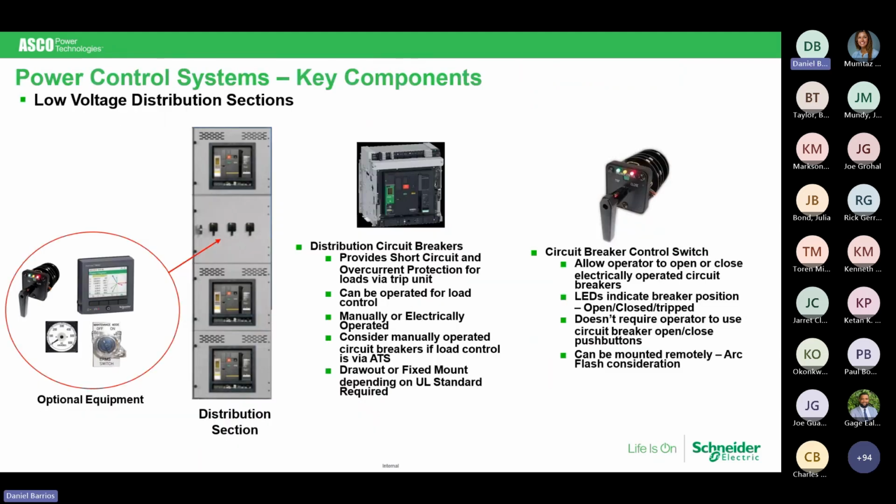When you look at the power control section of a low voltage distribution, number one, I stated if they're electrically operated, you may lose one of the cabinets that you can put one of the breakers in. We have obviously those pistol grips that are an open close indication of each of the breakers. We can house some type of power metering for each of those in there. You may still require an analog meter. And then the ERMS switch that's down at the bottom. If you're familiar with that, should you be in the gear working, you would set that to on.